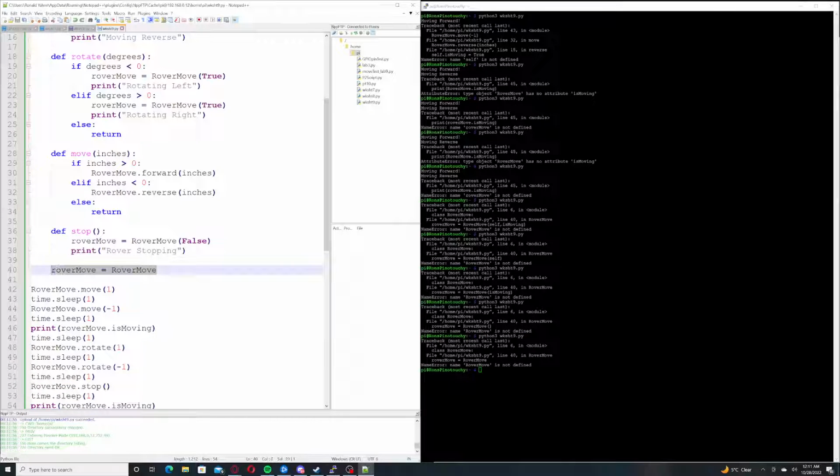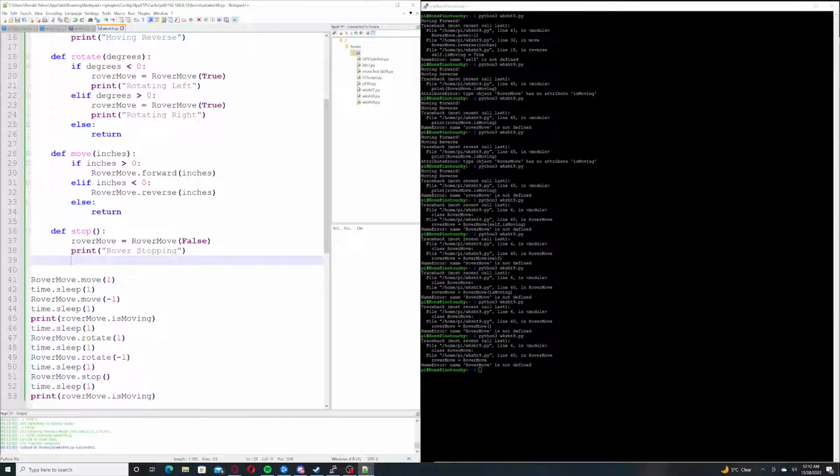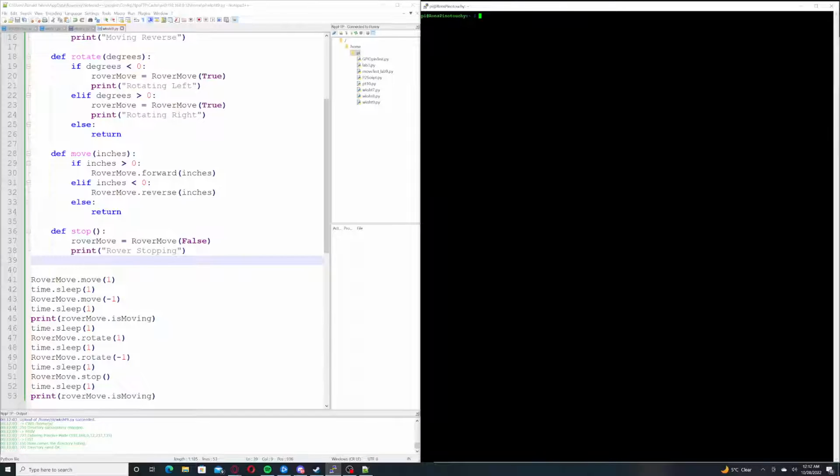Okay, that's fine. And then saying rover move is not defined. But if I put this